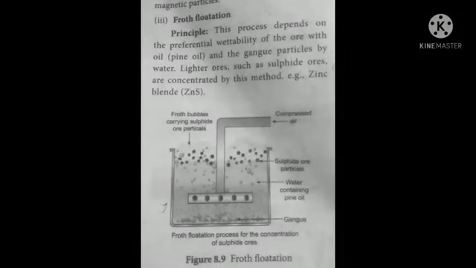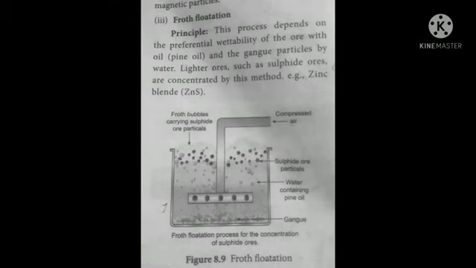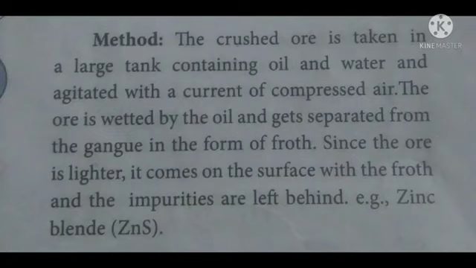You know what hydraulic separation is? We know that it contains a table, isn't it? So based on the density, the high density ore gets separated on the grooves, whereas the lighter particles are washed away. That is called hydraulic separation, with the help of water. Froth flotation: here the sulfide ores are lighter ores, and it is applicable only for the lighter ores, such as zinc blende. So here we are using collectors. The main thing is pine oil, mixed with water, and we are agitating so that along with the bubbles our sulfide ore will get raised, and it is skimmed off and used.